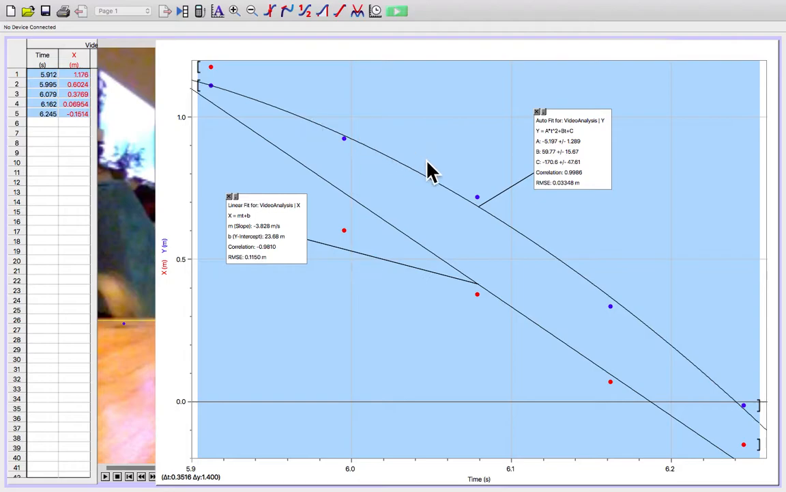But notice I have one line that is curved and one line that is straight. So the blue line, the data with the blue dots, shows accelerated motion. The data that is correlated with the red dots shows instead constant velocity. Then the next thing